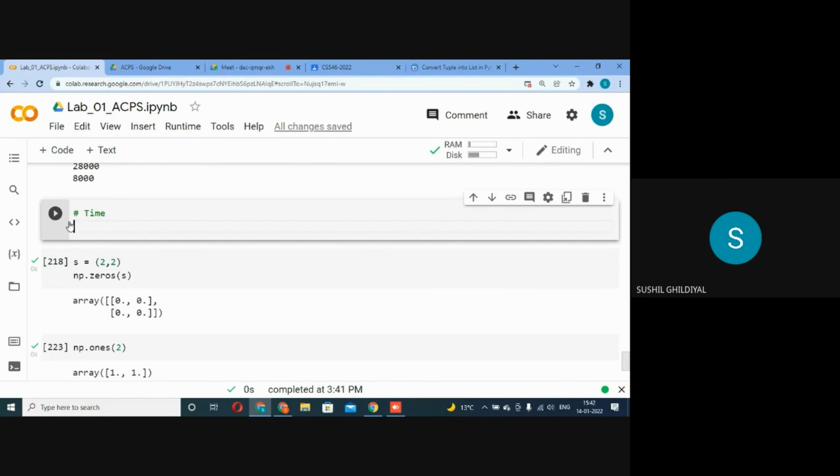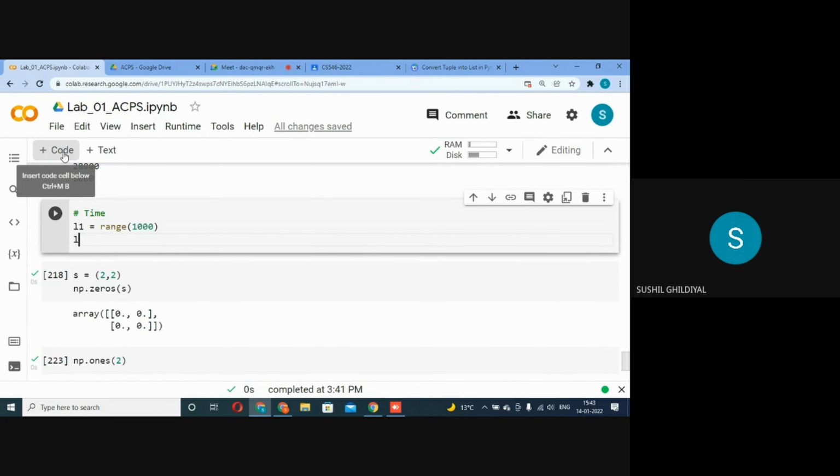So let's say list1 is equal to range(1000), list2 is equal to range. See what I am doing, I am trying to do addition of